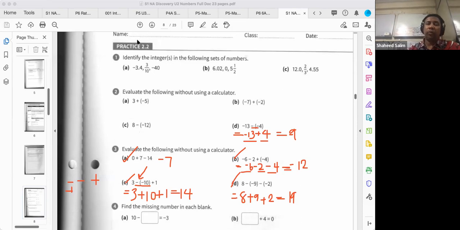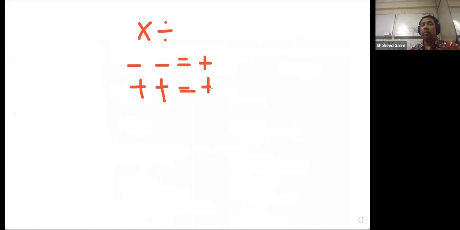Okay, so we go back to the chart. Remember, you must write this chart somewhere. This is for the times or divide chart. What is the chart? Minus times minus number equals to plus. Okay, plus equals to plus. This one you know. From primary school, you've been using 3 times 2 is 6. But plus,